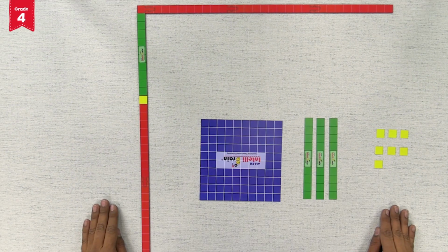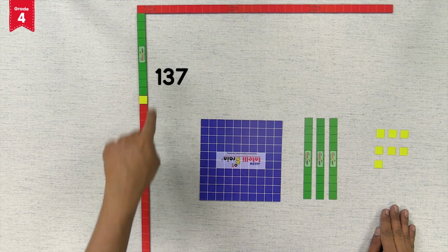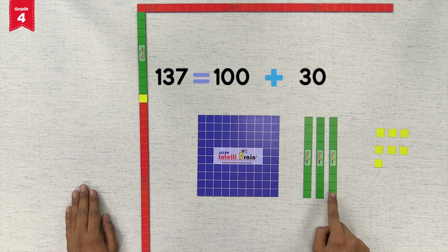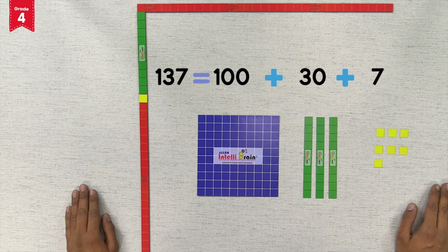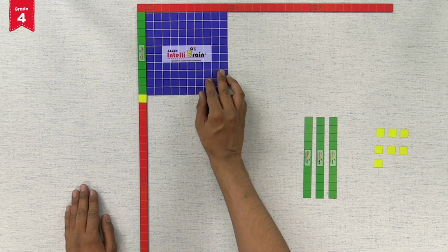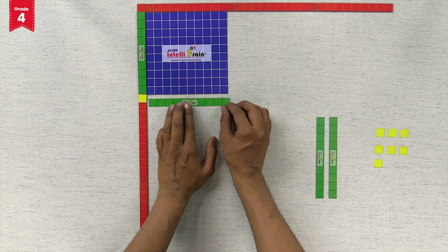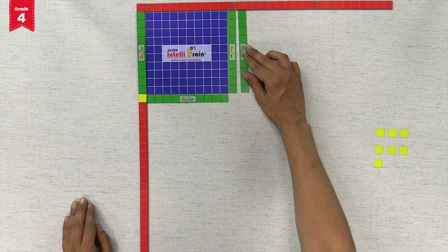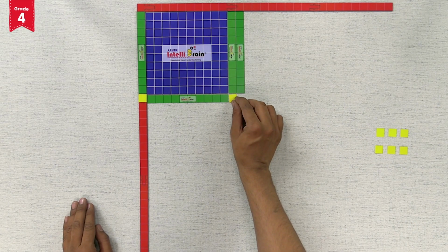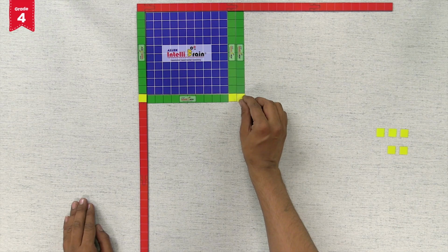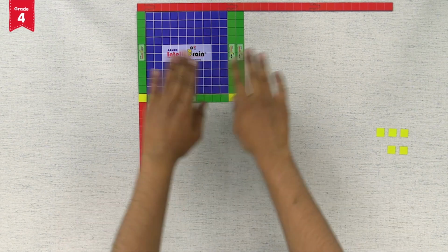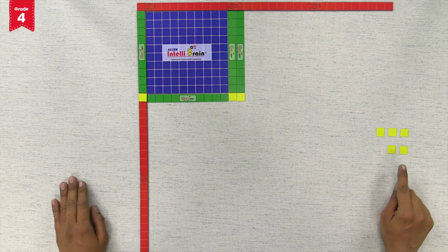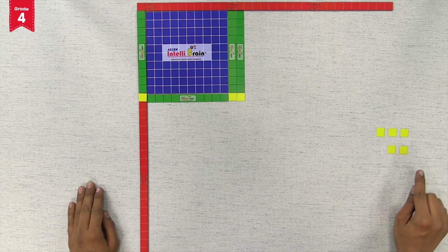And now represent the dividend, the number 137, alongside the divisor using a hundreds card, 3 tens cards and 7 ones cards. We can keep the hundreds card here, adjust one of the tens cards here, the remaining two tens cards here, and we can only adjust two ones cards here. The space is now full. A perfect rectangle is formed. 5 of the ones cards are remaining out, which makes 5 our remainder.